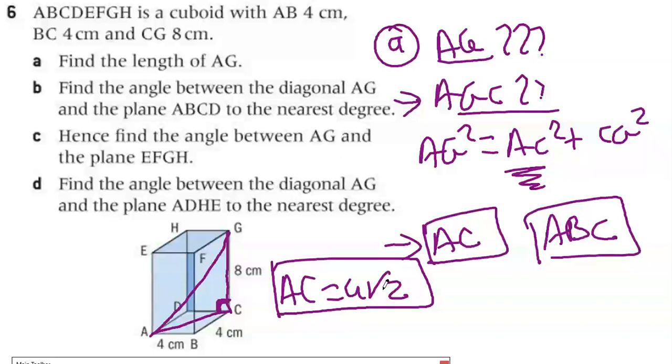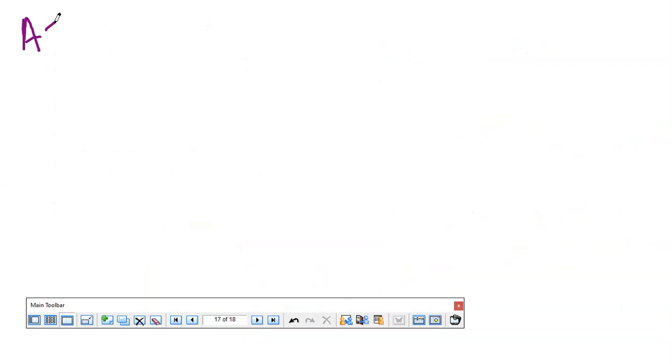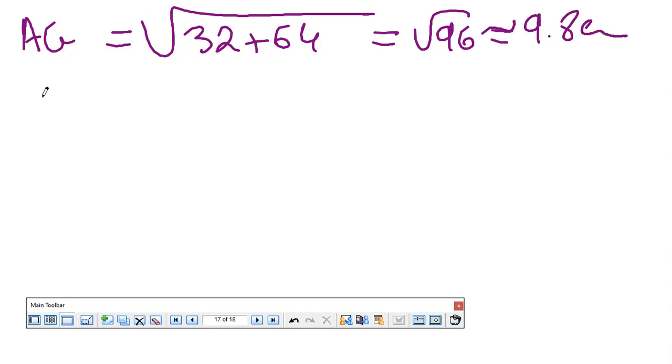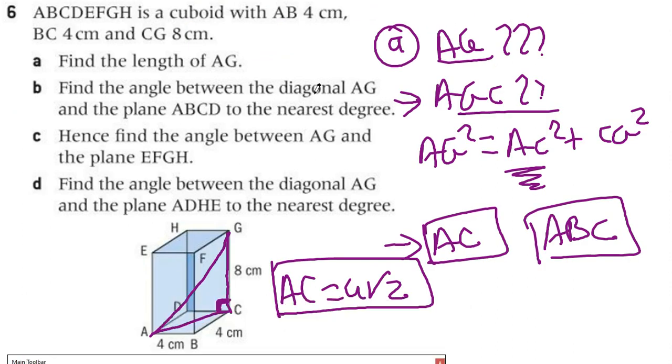And now, can I replace it here to find AG? Yes. So I will have AG squared is equal to AC squared plus, as I said, CG squared. I directly write the radical. So AG is going to be equal to radical of 32 plus 64. So AG will be equal to radical 96, approximately 9.8 centimeters. Now we move to part B. Find the angle between the diagonal AG